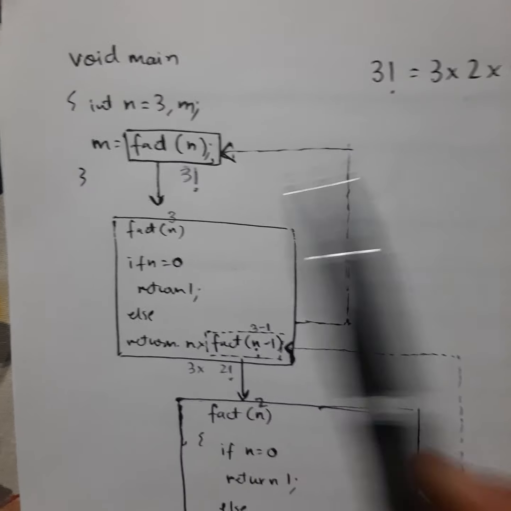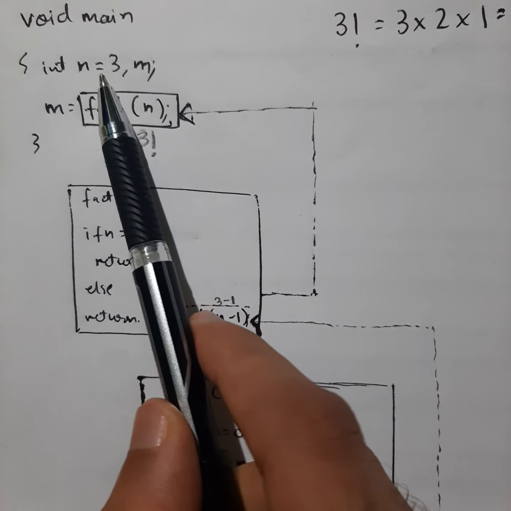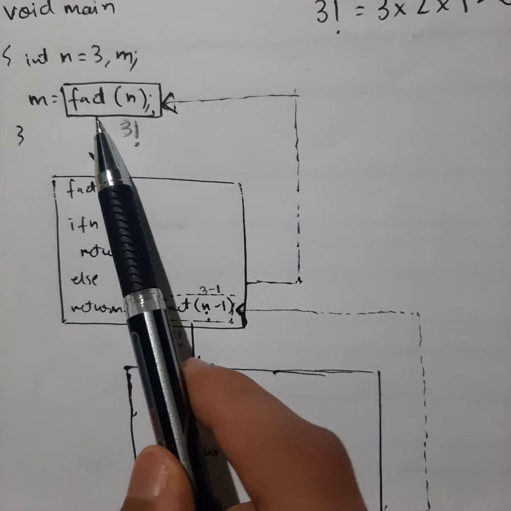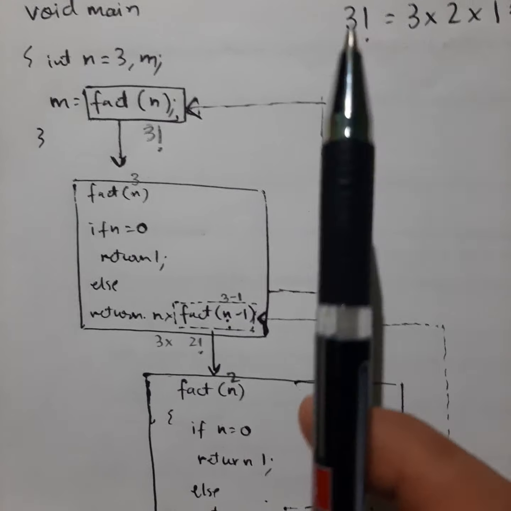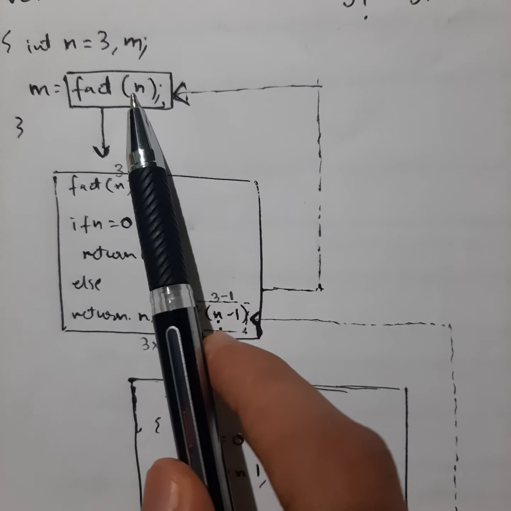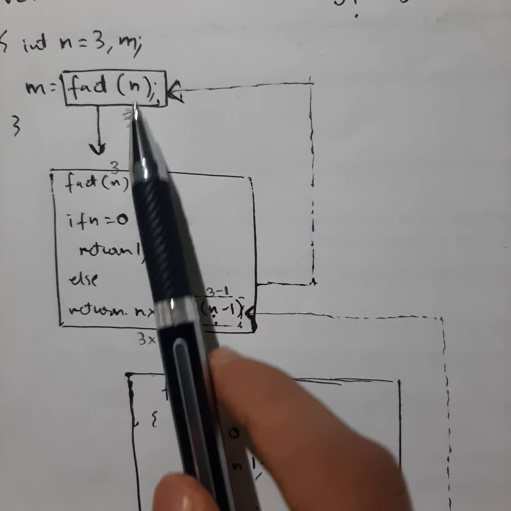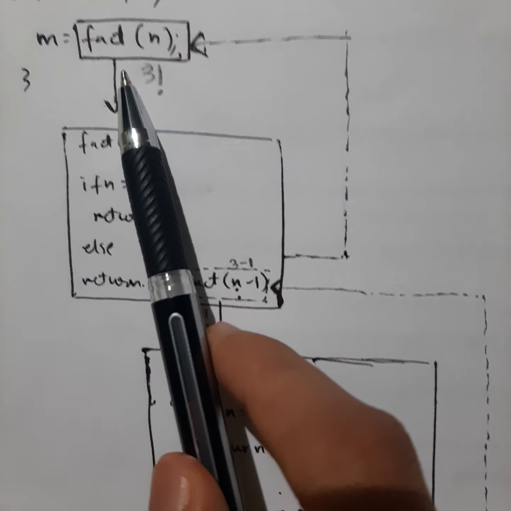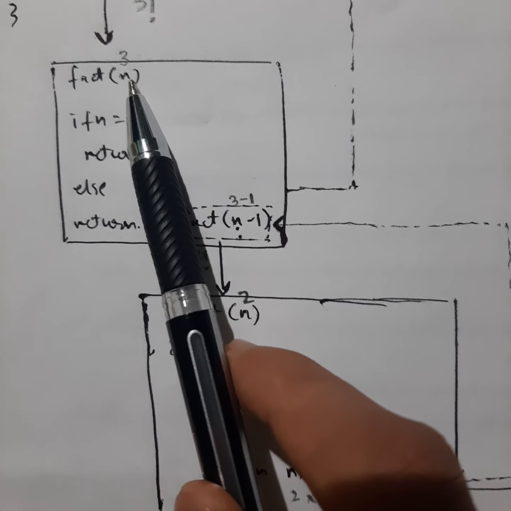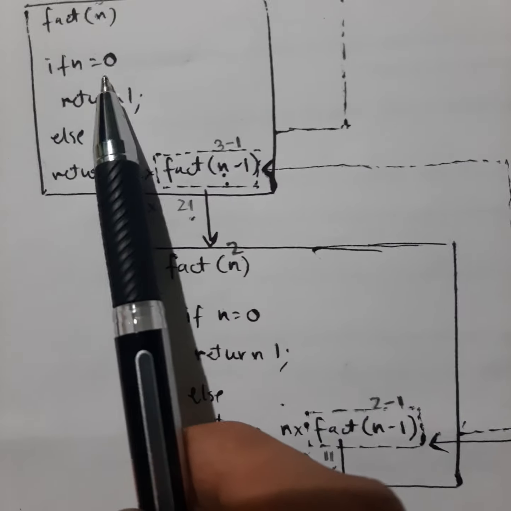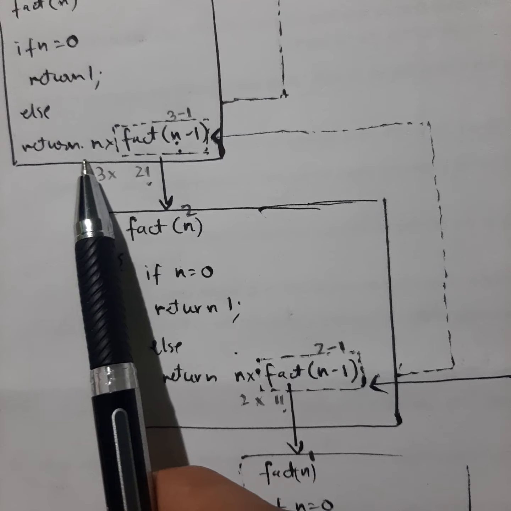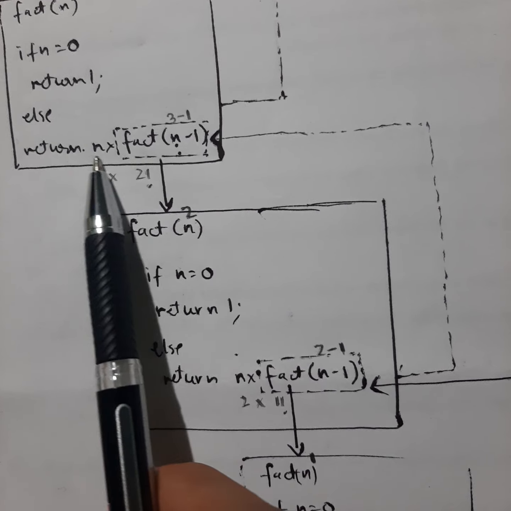Okay, so this is your main function here, and this is an int variable n, and m to store the result of the factorial n. So suppose we need to find the factorial of 3. Factorial n is the value which is getting passed in the function factorial. So in n, 3 will be passed, so the 3 will come here, the program will come here, factorial of 3. Okay, this is 3 here. So if n, there are two options here. If n is equal to 0, return 1, else return this whole answer.